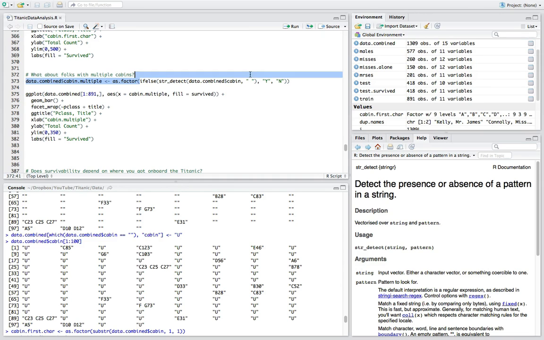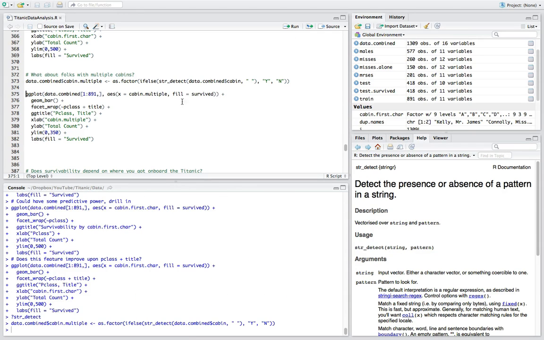And then, of course, the if-else takes that as a test and says, okay, if a space is there, then return a Y, otherwise return an N. Yes, it's a multiple cabin, or no, it's not a multiple cabin. And then we make that a factor and we cram it into a variable that we're just going to add directly on the data.combined data frame called cabin.multiple. All right, run that. And now we can plot it. So I'm just going to skip because I don't want to belabor this idea of drill downs because we've already seen it twice now. We're just going to go ahead and plot this and see what's going on